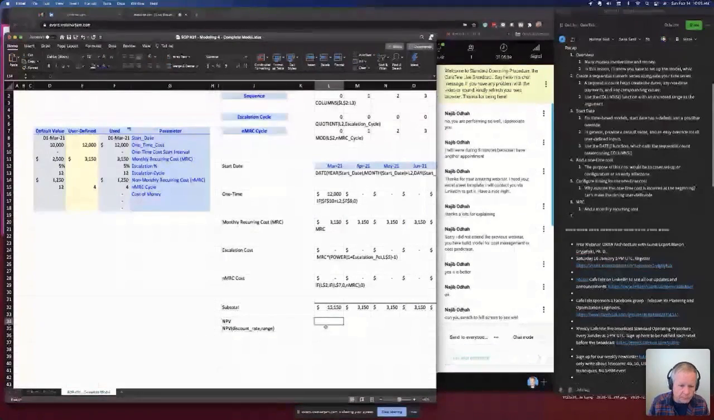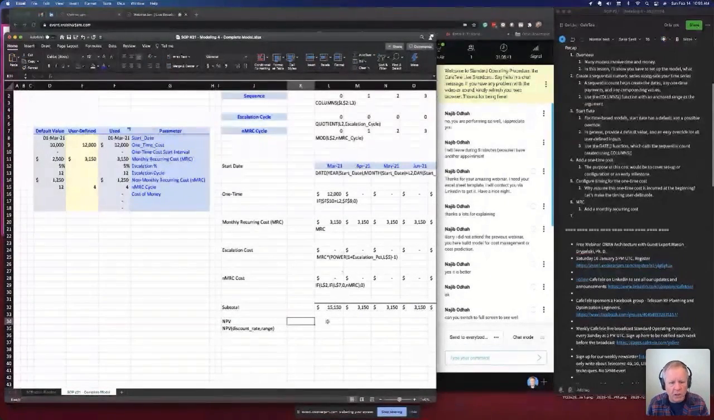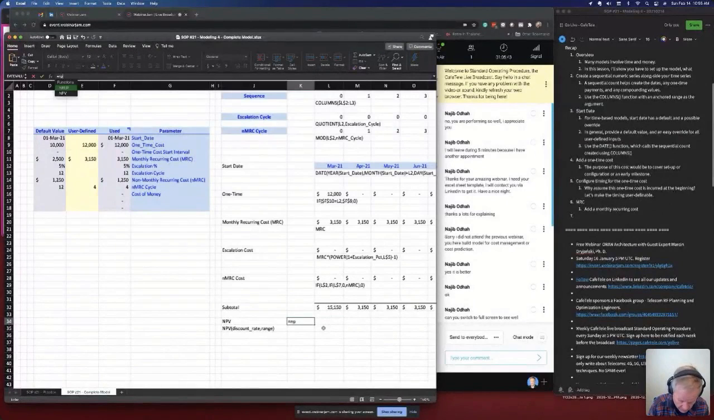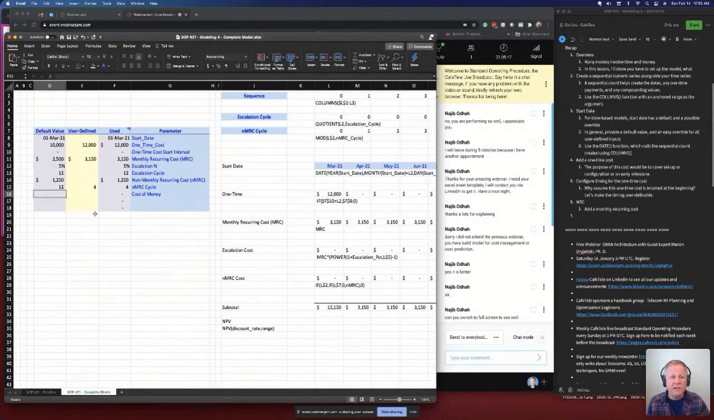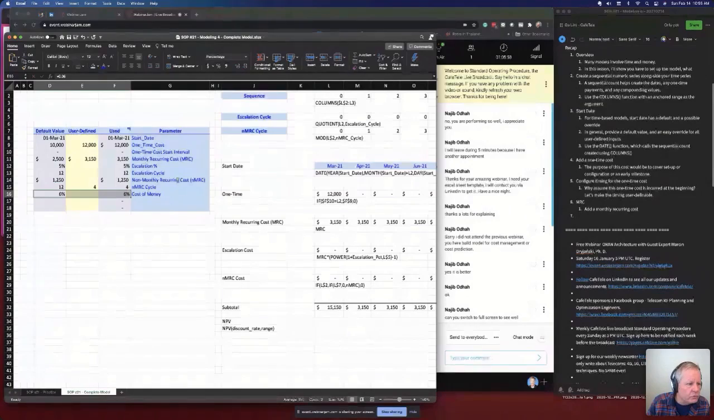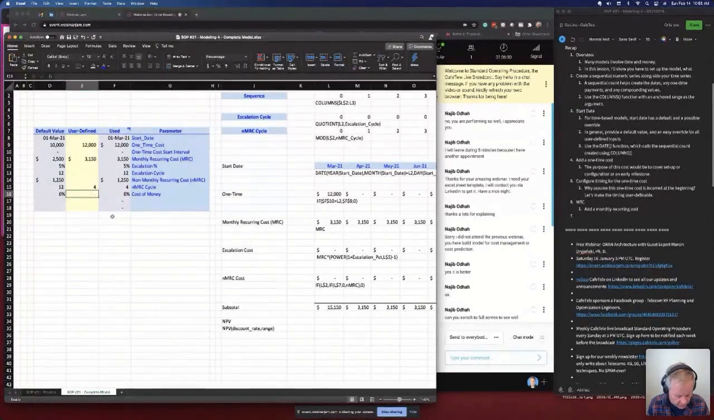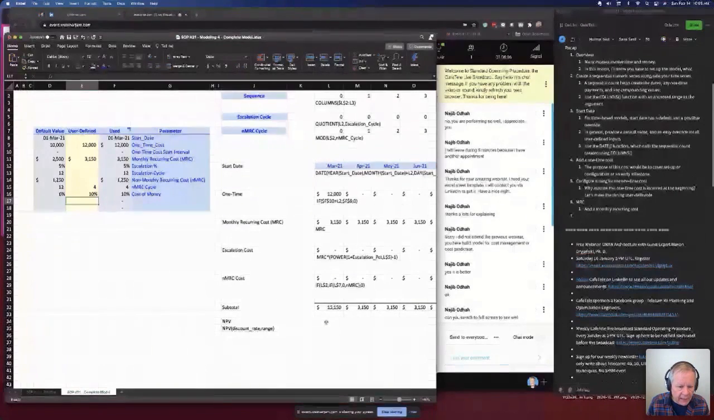So I don't want to put it in the same column because it's not the same. So what I need is that discount rate, the cost of money. And typically this time, you know, with the way the economy is now, I'd use 6%. And as always, let's give an override possibility. And